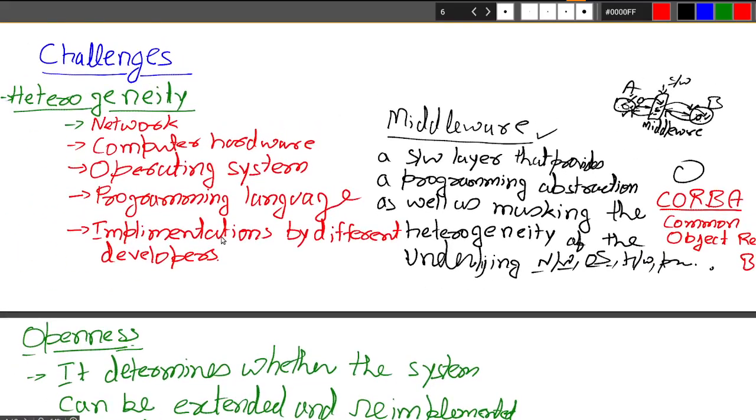We have seen heterogeneity, where there can be differences among the nodes based on network, hardware, operating system, programming language, or any other thing, which can be masked with the help of middleware.